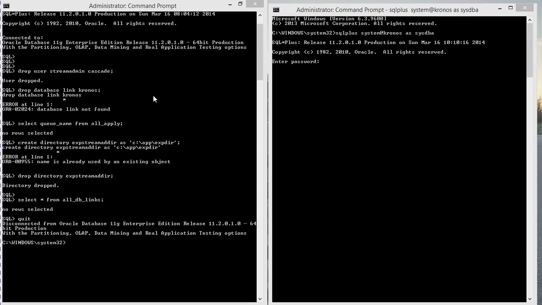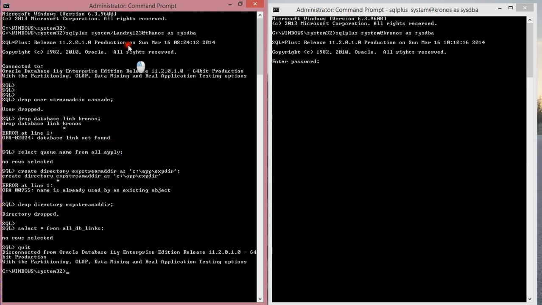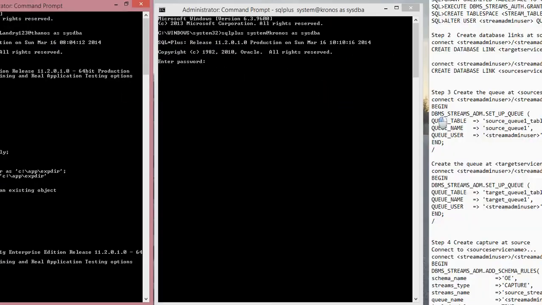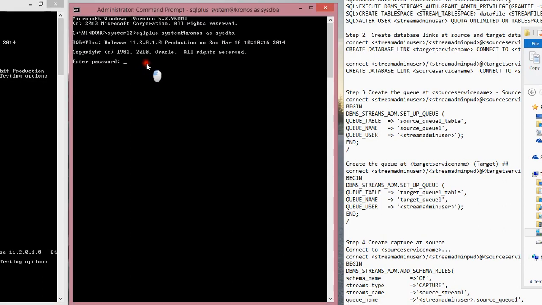Today I'm going to show you how to configure the streams software on your source and your target database. So basically, what I've already done is, the two databases I'll be using are Kronos, and let's see if I can find the other one, and this one should be Thanos, the Thanos database. So basically, what I did early on is I configured my